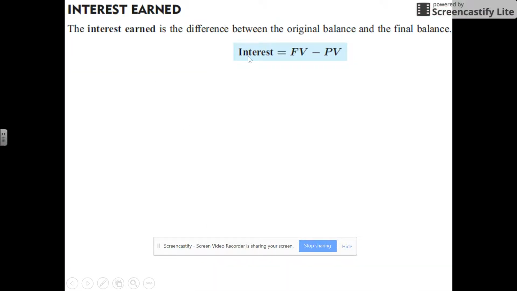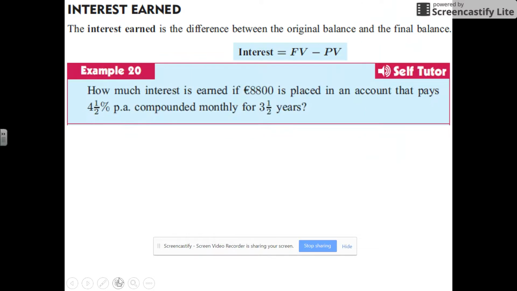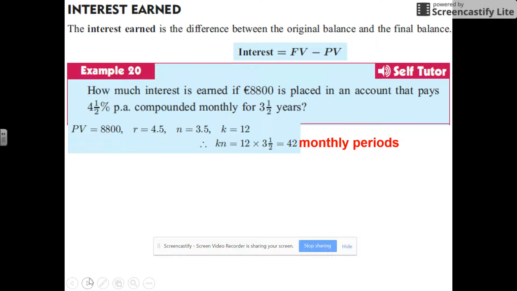Okay, and sometimes they're going to ask you about the interest earned, and sometimes they're going to ask you the final balance. The interest is always the final balance minus what you started with. To me, that's kind of just common sense. So this one says how much interest is earned. So you'd figure out the ending amount, and then you'd subtract